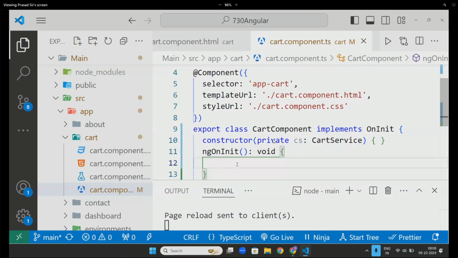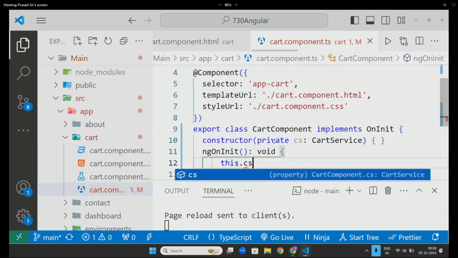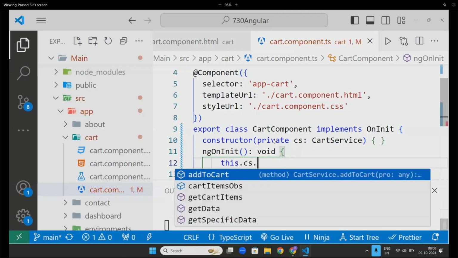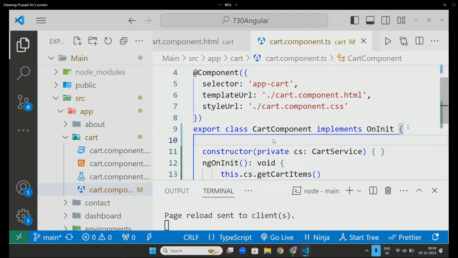Now inside this, in the .ts, if you see, there is one function, getCartItems. I wrote it. Everything you need, write it in the service so that you can use it anywhere you like. That makes your work easy.